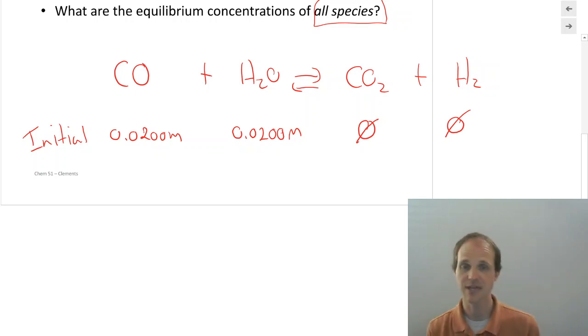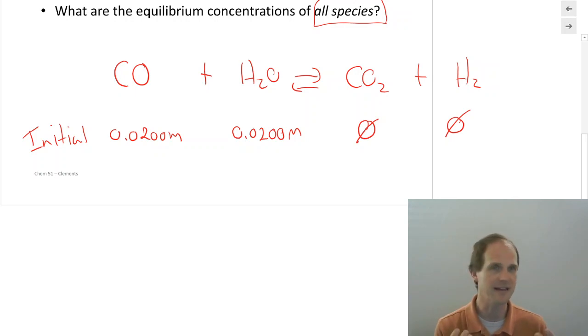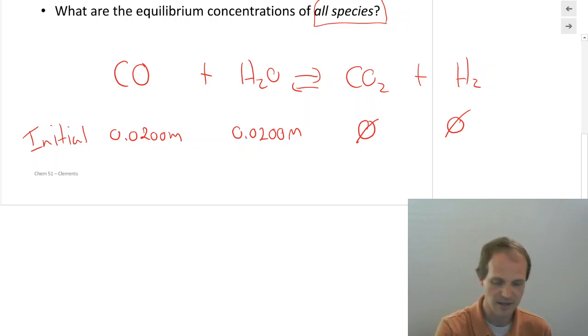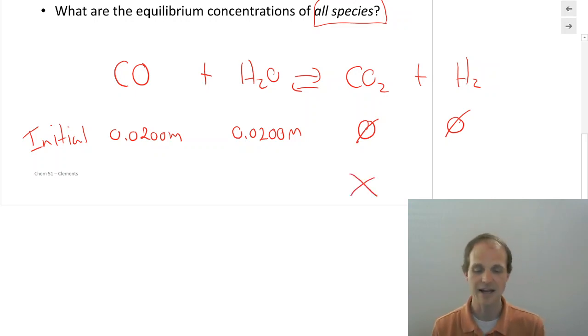Now, as this reacts, you could totally do the stoichiometry on this one, right? 1 to 1 to 1 to 1. That's pretty easy. As I use up a CO, I make a CO2. As I use up a water, I make an H2. The stoichiometry is not hard on this one. But the difficulty is we have no idea how much CO2 we're making and H2 we're making. That's what we're trying to find out. But in math, when we don't know what we want, what do we call it? We call it X. So that's what I'm going to do here. I say, I know I'm going to be making some CO2, right?